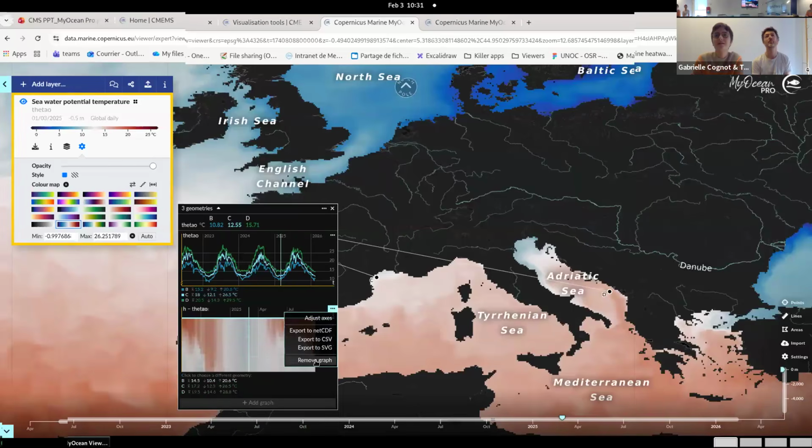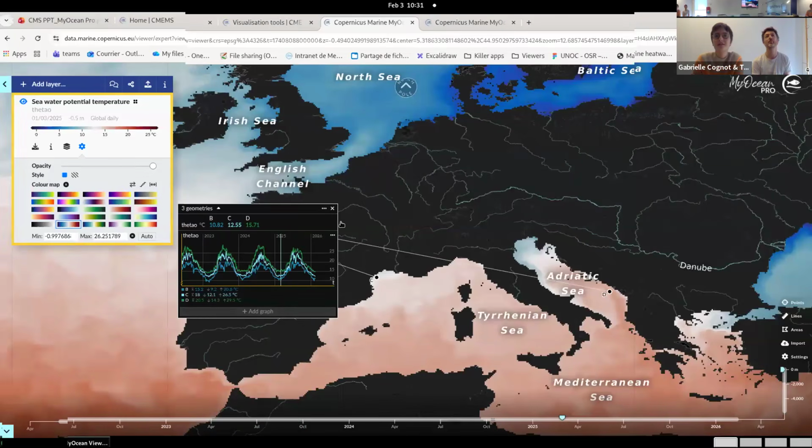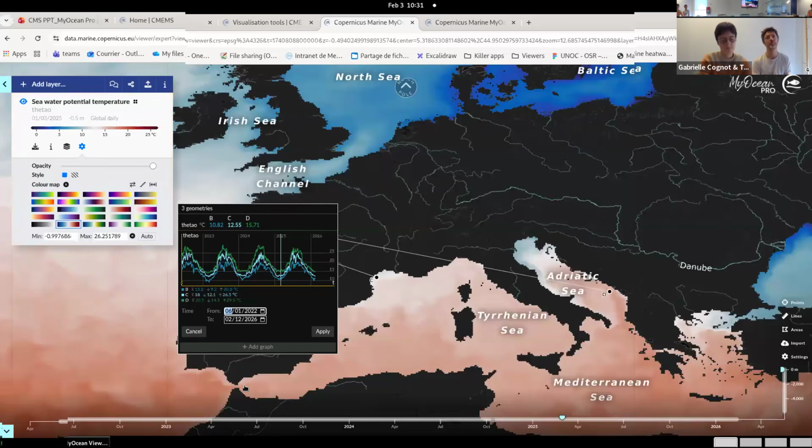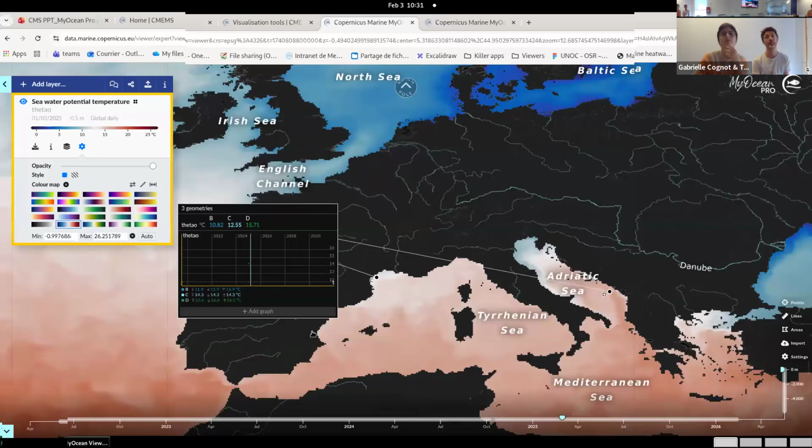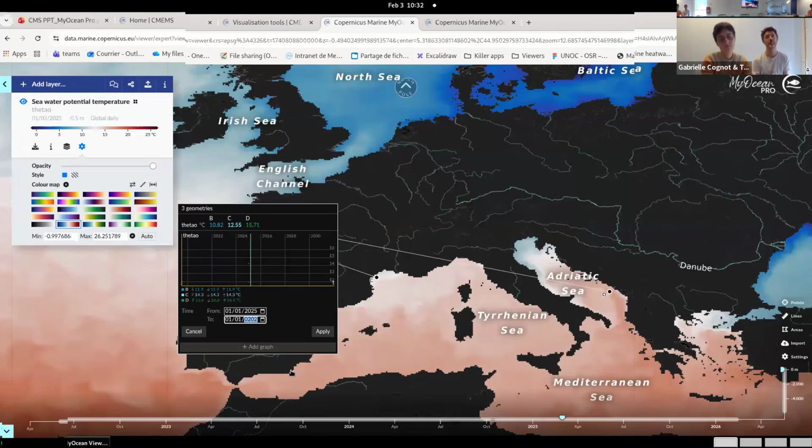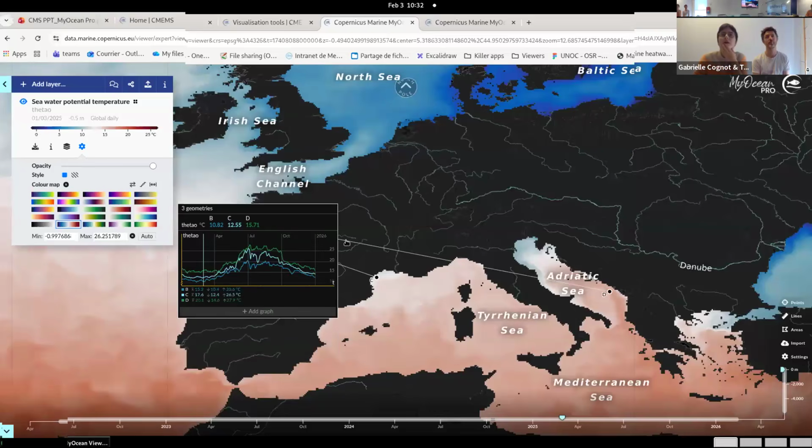I can remove the graphs and then set the axis to 2025. Up, and now I can see that all of my